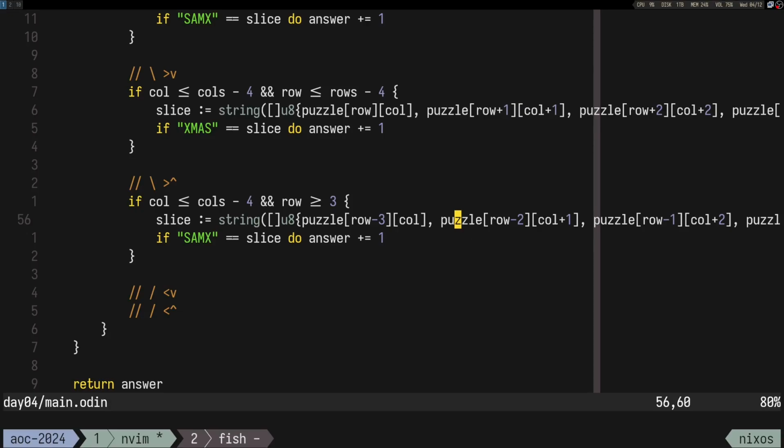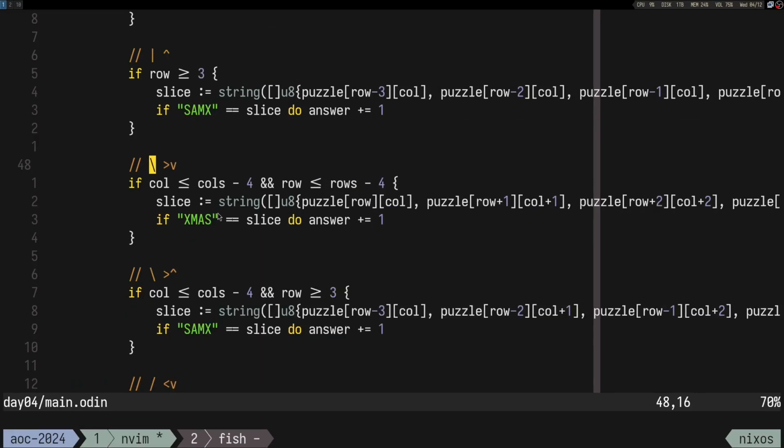But is that right? Because column goes from left to right, but row, so I guess this one is, I mean, it is this case, right? Going in this direction of that. Well, let me just